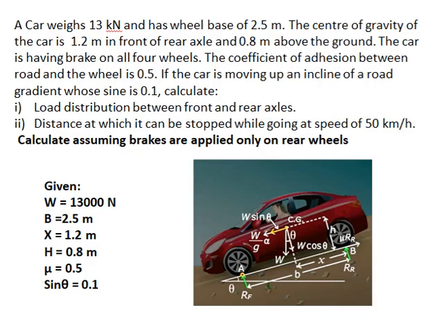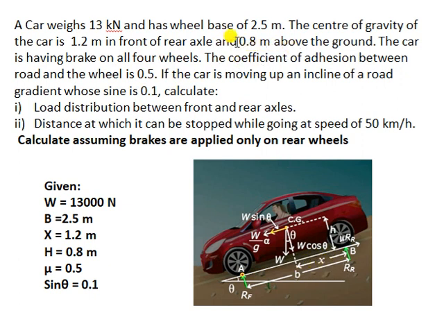So, a numerical based on braking for an on-road case. This numerical says that you are traveling in a vehicle which has a weight of 13 kilonewton and a wheelbase of 2.5 meters. Wheelbase means the value of B. The center of gravity is 1.2 meter in front of the rear axle. That means this is the rear axle and the center of gravity, this is 1.2 meter. That means X is 1.2 meters, and